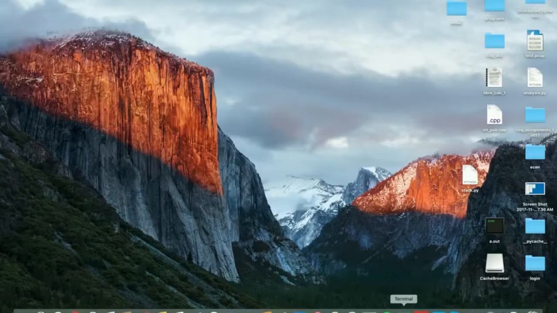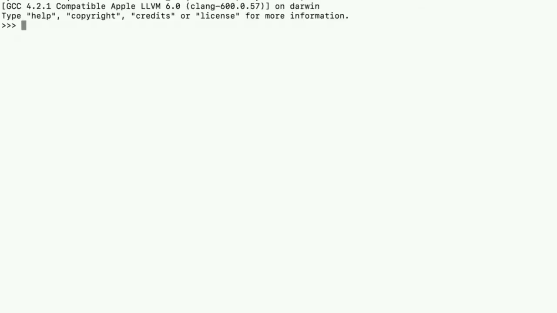Hey everyone, today we are going to learn about the basics of Python. We'll be doing Python programming on the command line. Open your terminal and type python. I'm using Python 3.6.1 on my system. It can be different on different systems. In Python, we don't need to explicitly mention the data type of a variable. For example, if I say x is equal to 10, and if I check the type of x, it is int. If I say y is equal to hello, and I check the type of y,